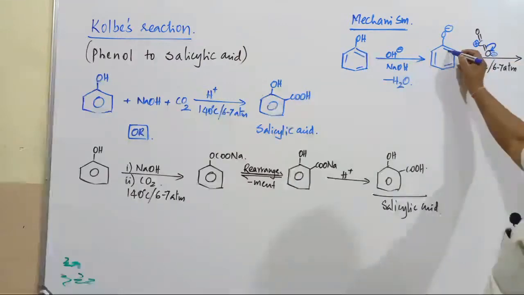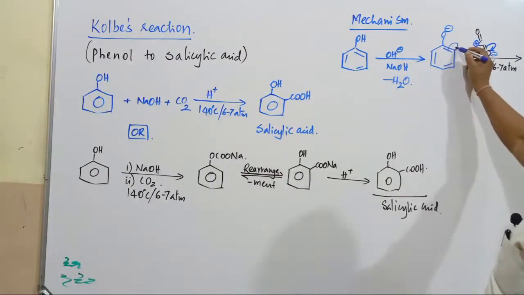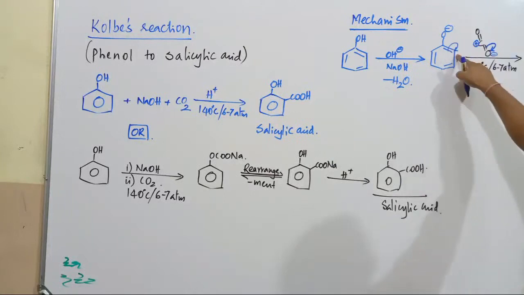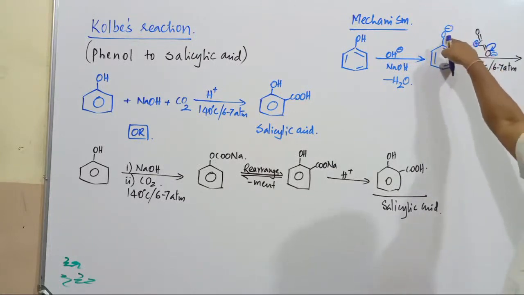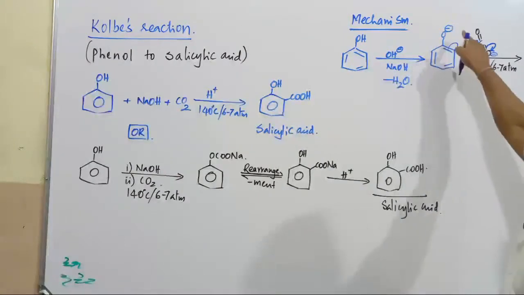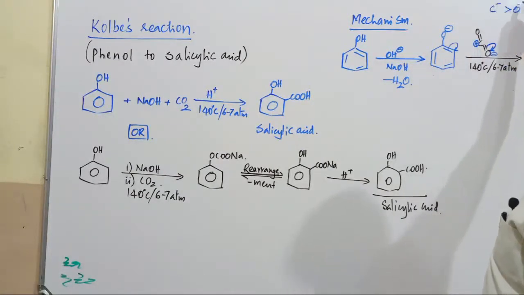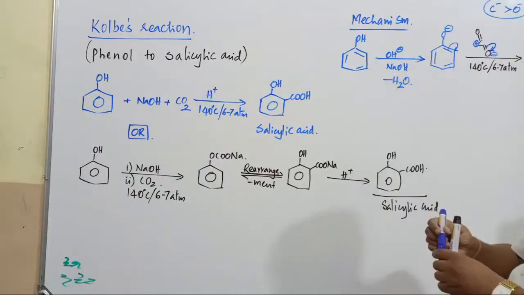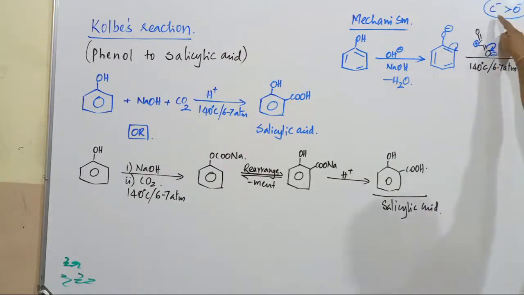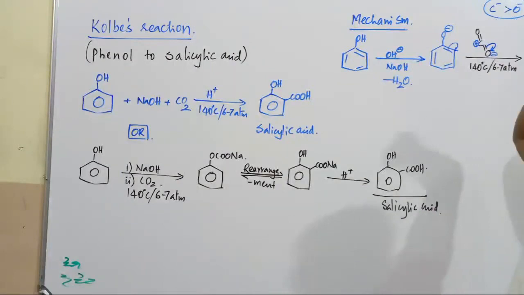Now these pi electrons are shifted over this one. A negatively charged carbon atom is formed here. Between a negatively charged carbon atom and a negatively charged oxygen atom, as we discussed yesterday, C minus is a stronger nucleophile when compared to what? O minus. Carbon with negative charge is said to be a stronger nucleophile compared to oxygen atom with negative charge.